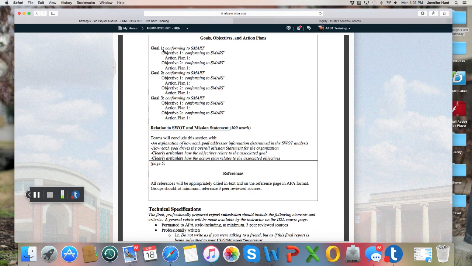So you can see here where I mentioned earlier, you're going to have 3 goals. Each goal is going to have 2 objectives, and each objective is going to have 1 action plan, all conforming to the SMART criteria. Now again, if you're just now viewing this and it's the beginning of class, this may not make sense to you right now, but we will be covering these terms throughout the semester, so we will get into what is SMART criteria, how do we conform to SMART criteria, how do we make good goals, objectives,